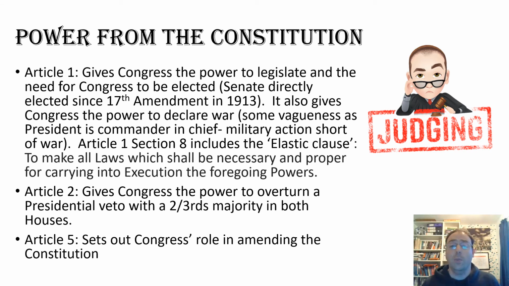Now, there are a series of powers given by the Constitution which fall to both houses. So the Congress has the power to legislate, and there is a need for Congress to be elected. This comes out of Article 1. The Senate has been directly elected since the 17th Amendment in 1913. Article 1 also gives Congress the power to declare war,